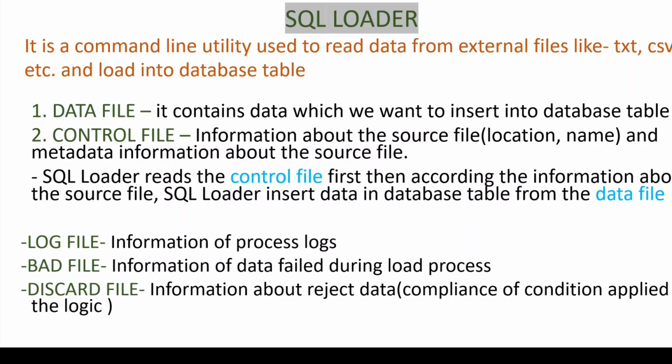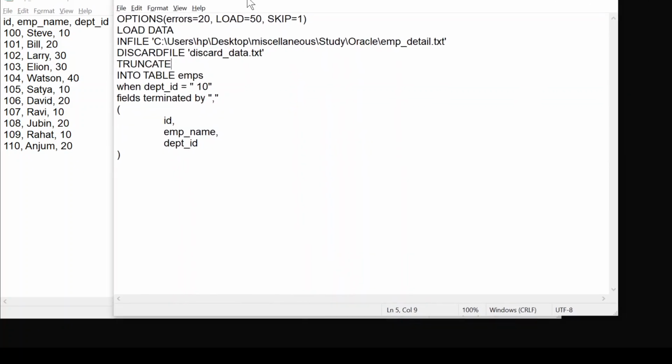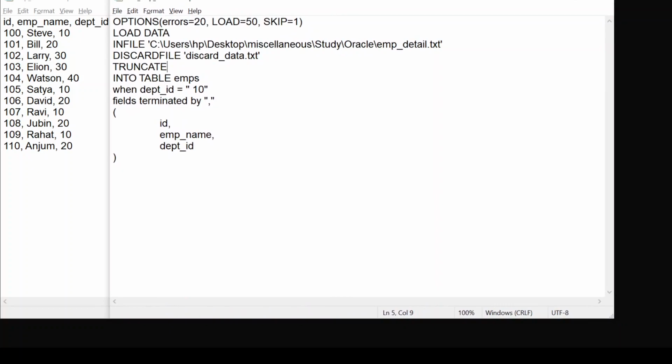So let's see it with a hands-on example. This is the data file in which we have records which we have to load in the database table. This is the control file in which we have information about the source file or the data file, as well as other metadata information, like the name of the table and the path, the location of that particular file.